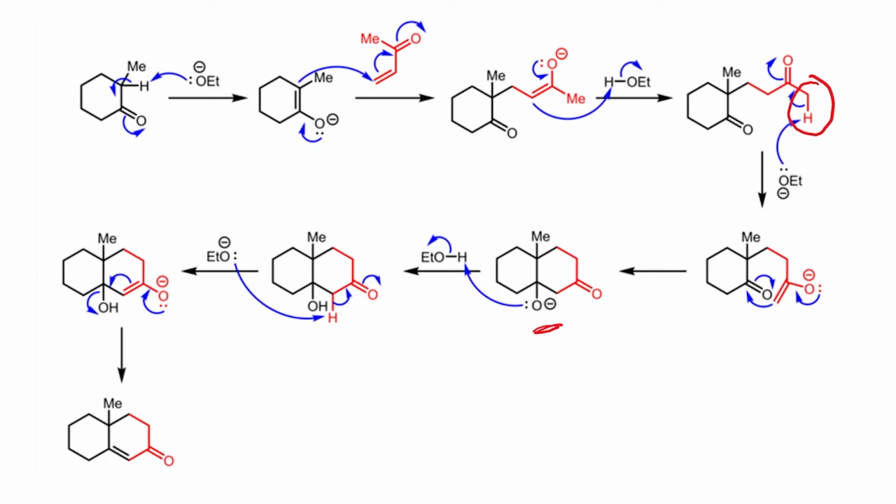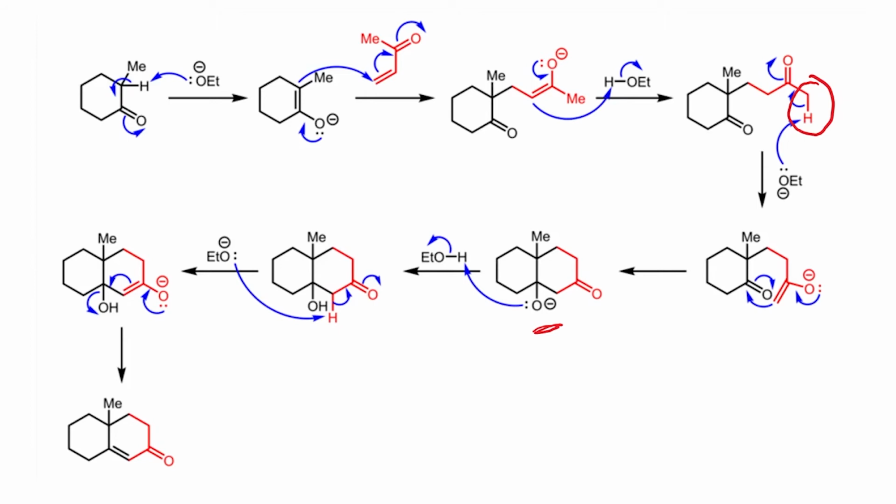Now, the question you can ask is why not this enolate that is produced here react directly with the ketone? If you number these carbons, you will find that it is going to form a 1, 2, 3, 4 membered ring. If there was no other option, it is possible that under certain conditions you can make 4 membered rings. But since you have an option of forming a 6 membered ring, and 6 membered and 5 membered rings are generally more favored compared to 4 membered rings, this mechanism that we are proposing is quite reasonable.